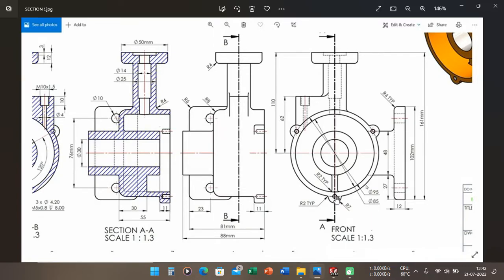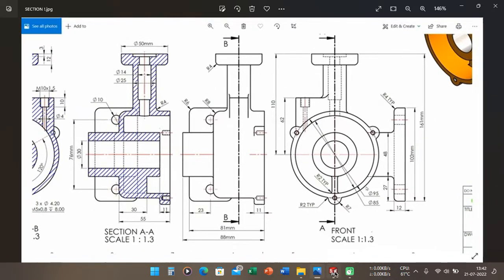So to make it easier, we can make a full circle here. It means that the R7 will be multiplied by 2 because we make a full circle here. So R7 multiplied by 2, and then the diameter will be 14 mm.